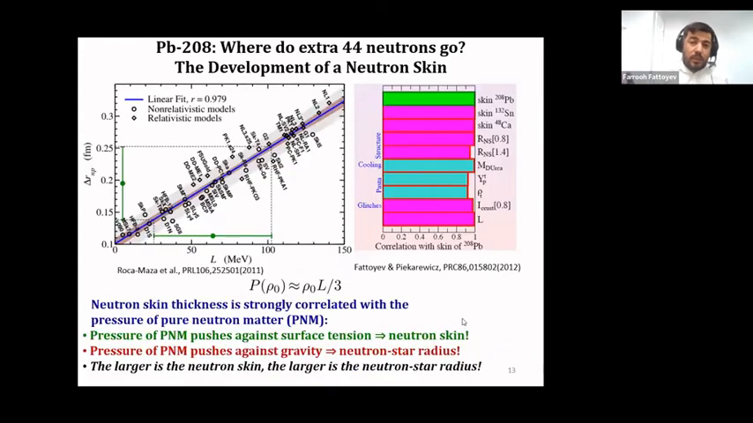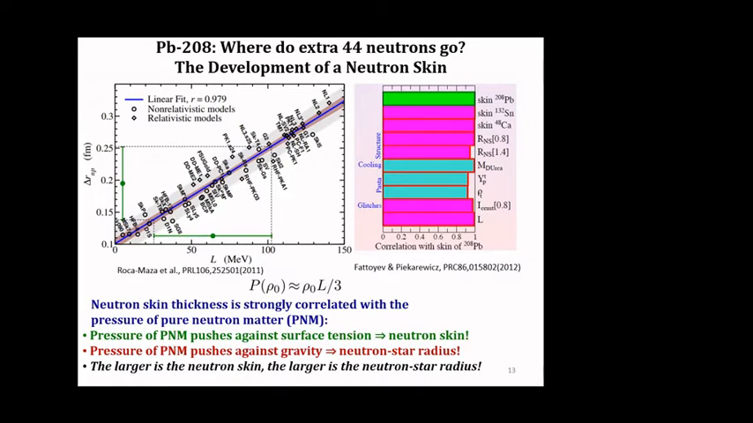Now, the neutron skin, we say that is strongly correlated with the pressure. So you can see the pressure is actually basically the slope of the symmetry energy. So the neutron skin is strongly correlated with the slope of the symmetry energy, as was shown by Roca-Maza, for example, almost 10 years ago. And this strong correlation also can be